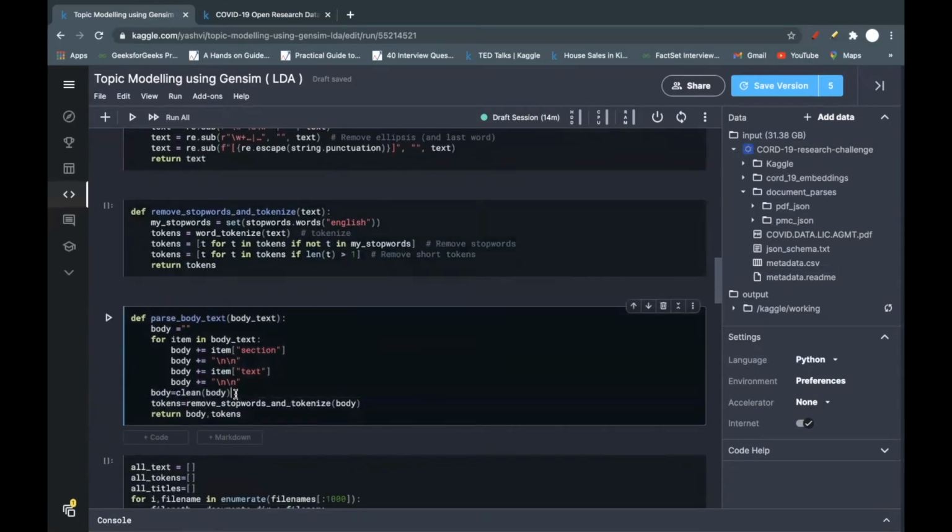After cleaning this body text, I am removing stop words and tokenizing.